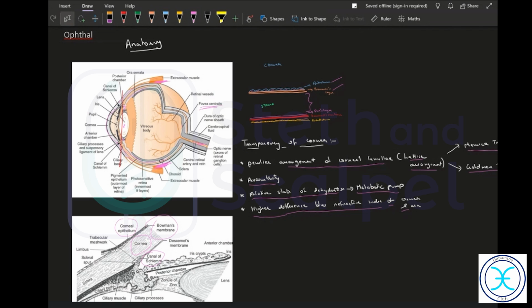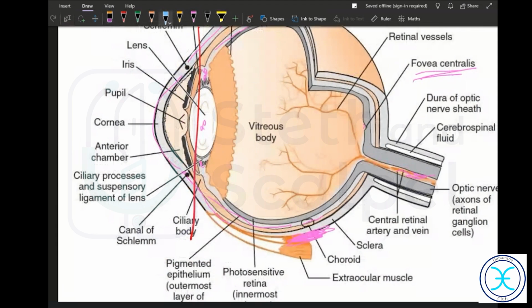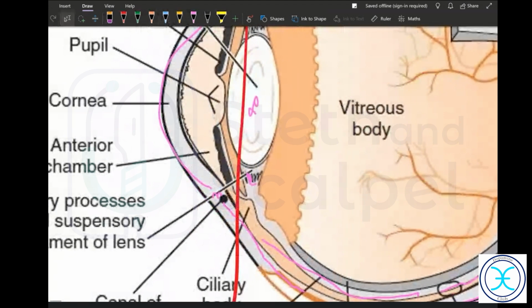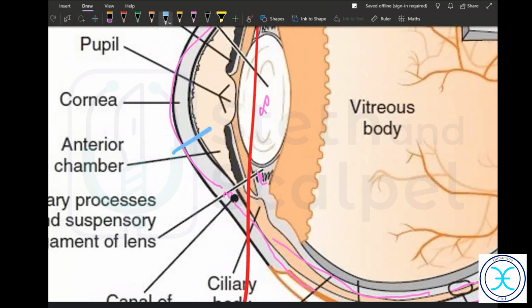So what you do is you go horizontally, then vertically down, and then horizontally to enter into the anterior chamber. I will draw it and show it in this picture over here. Suppose this is the, I know you won't go straight like this. What you will do is,